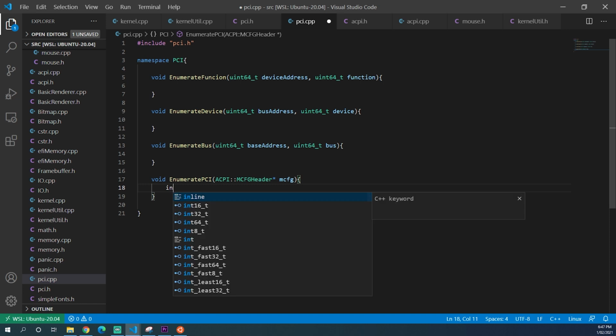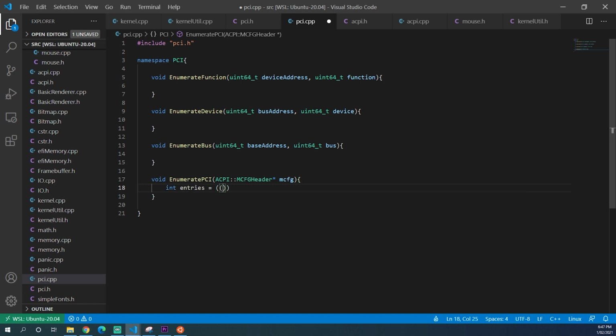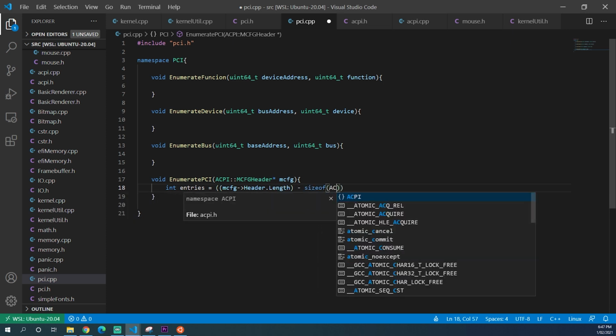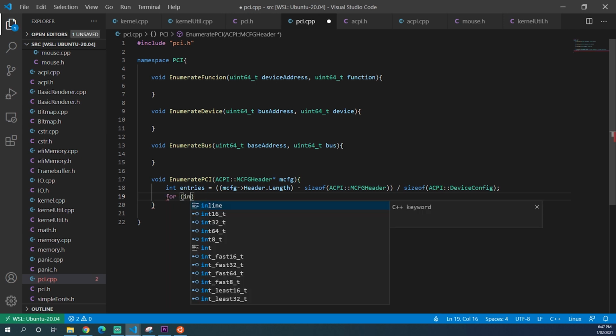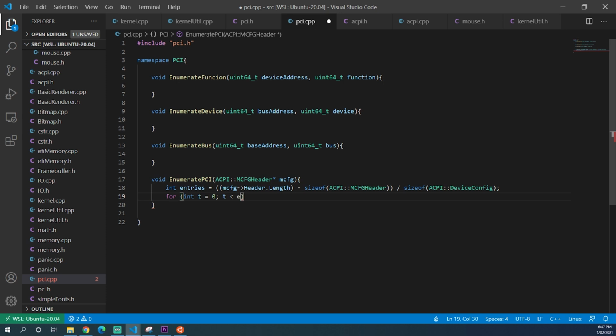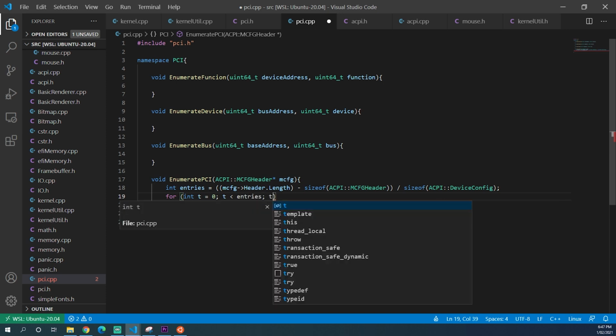So now we can do int entries equals (MCFG dot header dot length minus size of ACPI::MCFG header), and then divide it by size of ACPI::device config. So that gets the amount of device configurations that we have, and then we can iterate through all of those. So for int t equals 0, t less than entries, t plus plus,